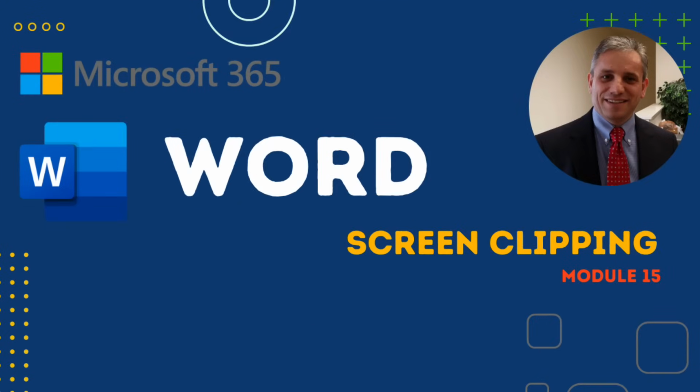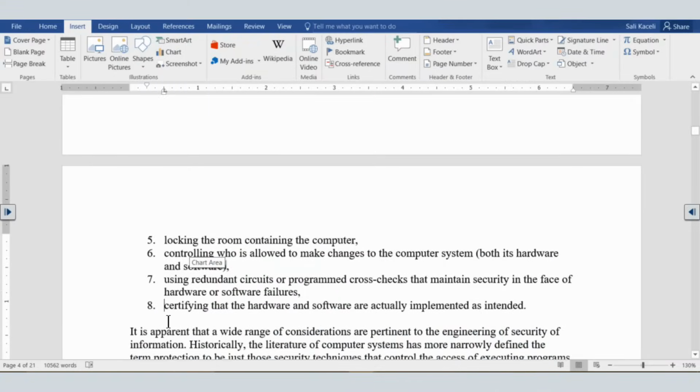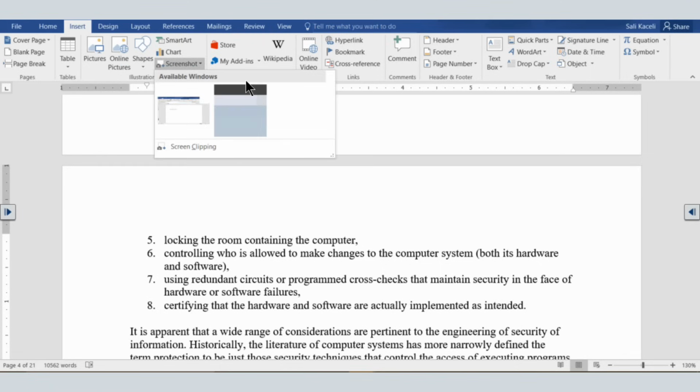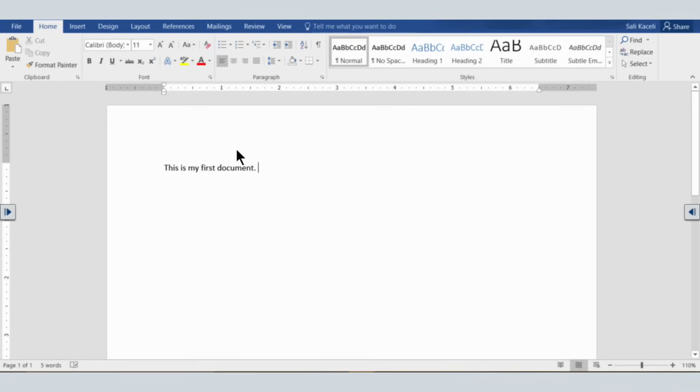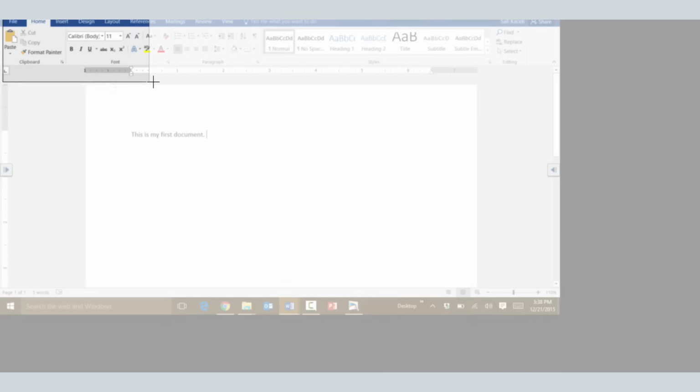In this next session, I'm going to talk about inserting or using the screenshot feature in Microsoft Word. So let's assume we have this document here, and now we want to insert a snapshot, whether we are doing documentation on how to do something or whatever the case may be. So what you do is you go under the Insert tab, you click on Screenshot here, and notice you can either clip the screen or you can pick from one of the available windows. I'm going to do a screen clipping first, so I click on Screen Clipping, pick part of my screen,